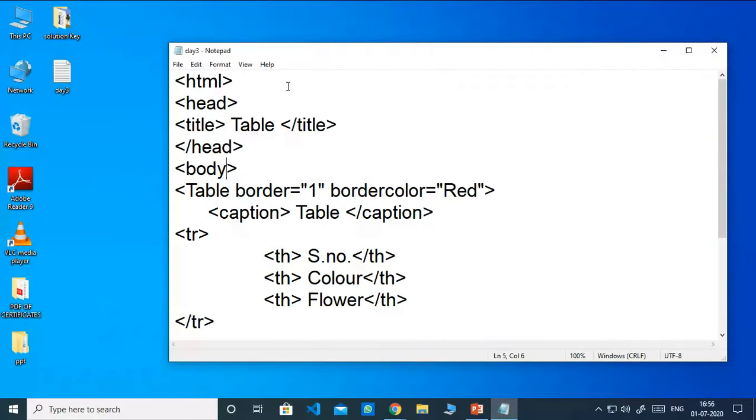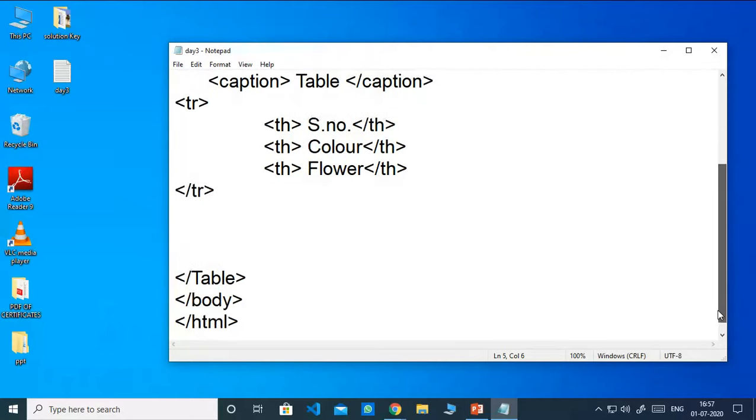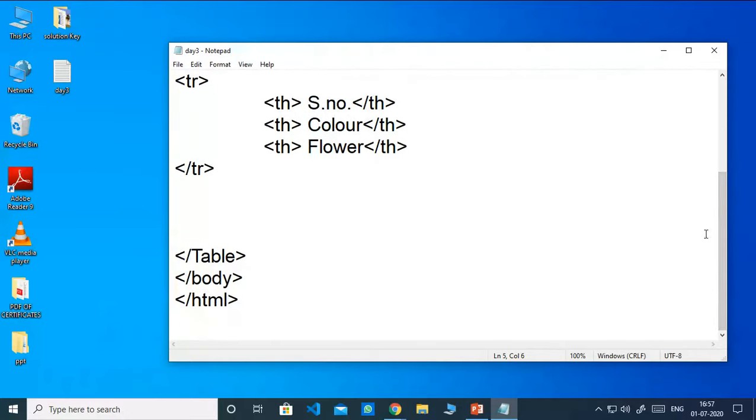Let us see here, I have typed very few basic commands, and just see how we bring the change in our table with these attributes, how these attributes help us bring our table into an attractive manner.